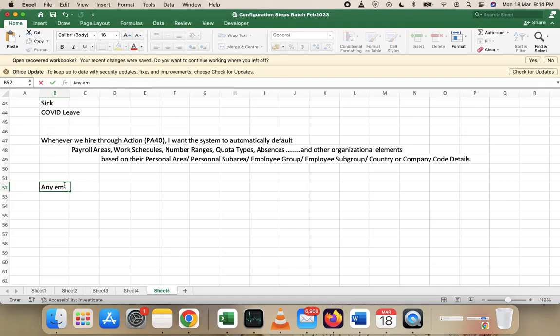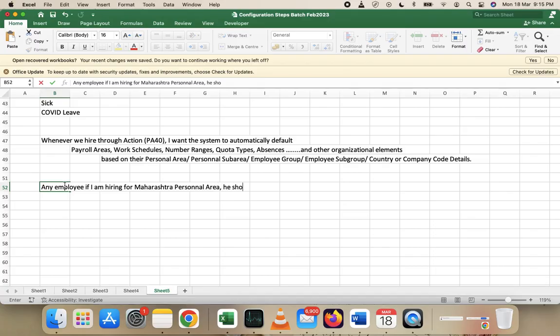Any employee, if I'm hiring for, let's say, Pune, or let's say if any employee I'm hiring for Maharashtra personal area,